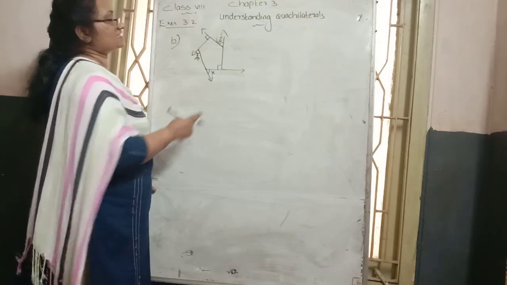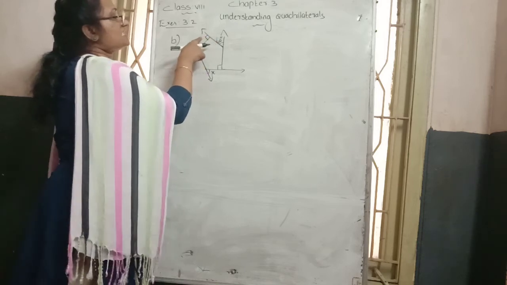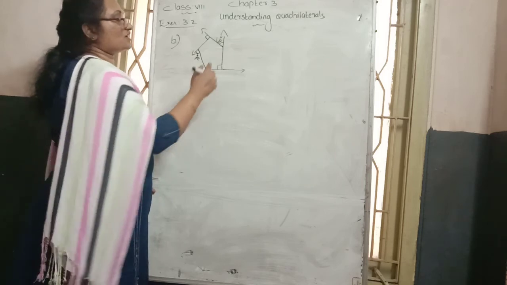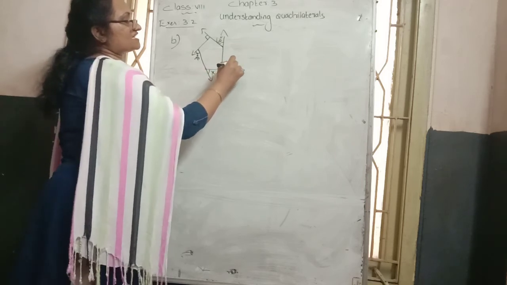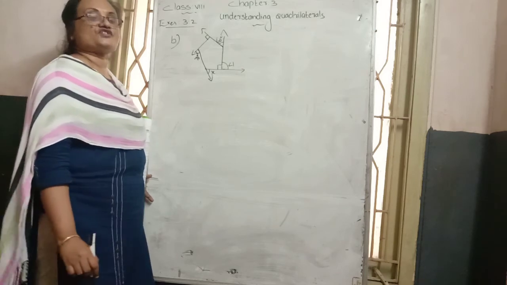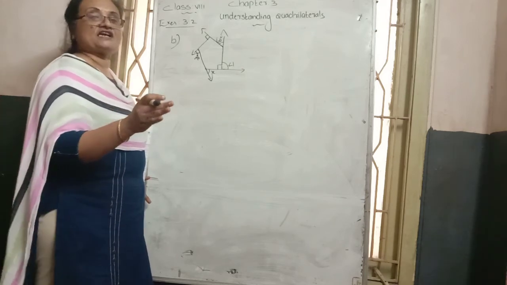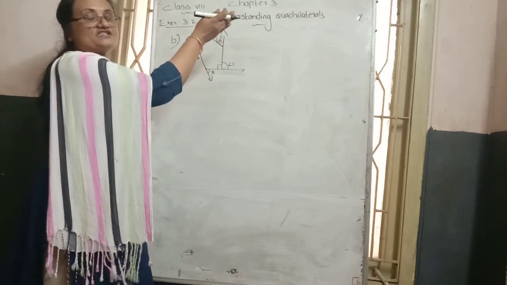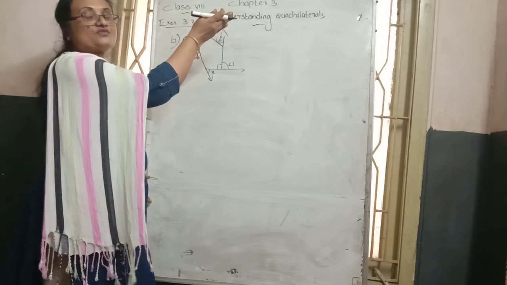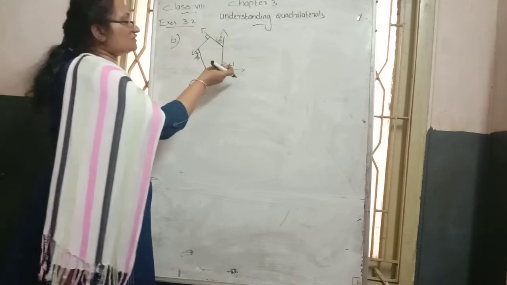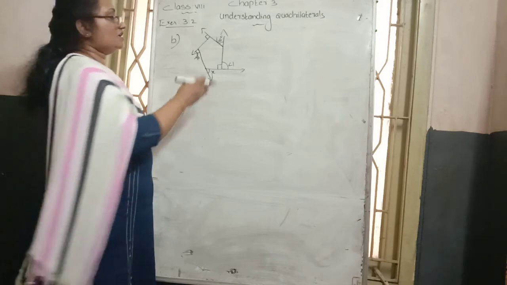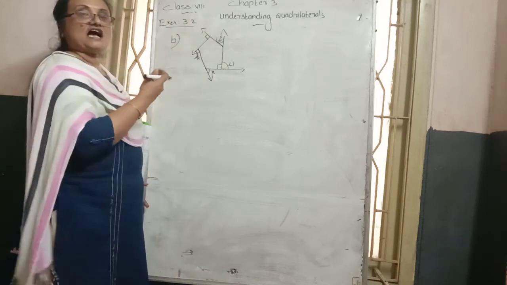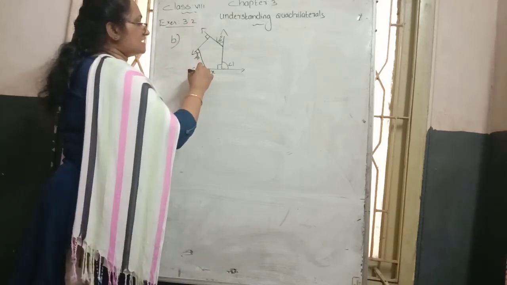Which are the exterior angles? 60 plus 90 plus 70 plus x plus, here one angle is missing. For identification we can mark it as angle 1. That value we first want to find. We get it by applying the exterior angle sum property, where the sum of the exterior angles is 360. But here one outside angle is missing. To find that one, you can mark the diagram with alphabets. Any alphabet you can mark. I mark it as A.